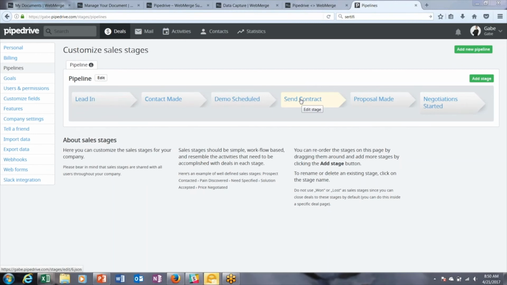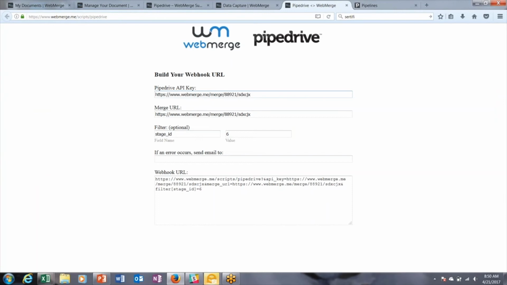That's the ID number. So we need to grab that, and we're going to put that here while we build our URL. So we're going to put stage ID here as the field name, because that's what's going to change for us, and the value of 6. So when that happens within Pipedrive, that's going to trigger all the data to go over to WebMerge to populate your document. All of this information has been put together down here at the Webhook URL. We're going to copy and paste this,